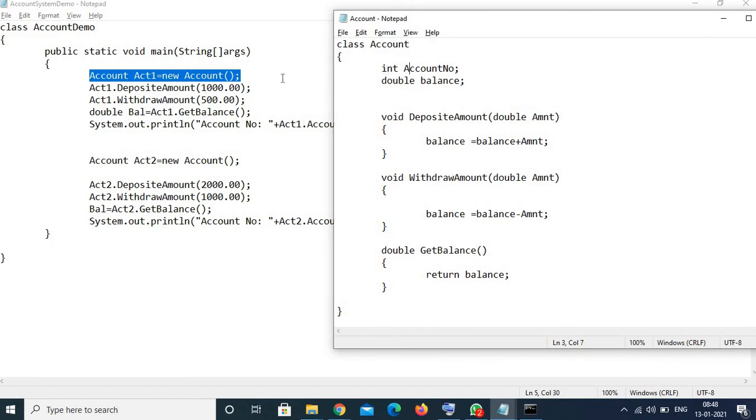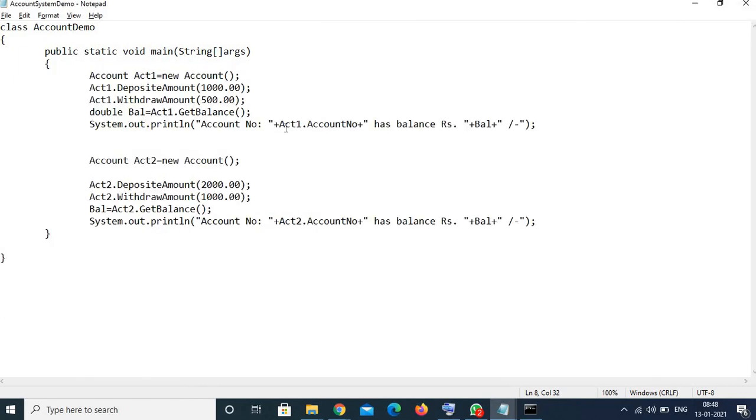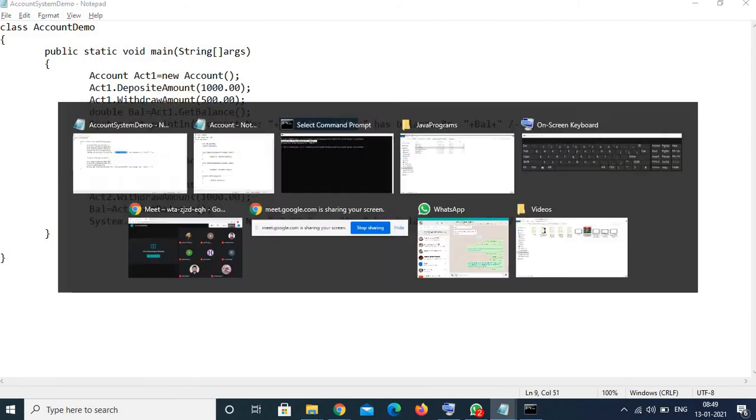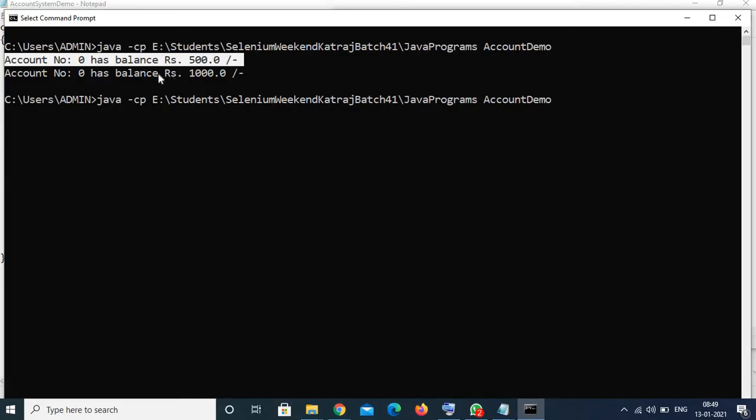And after that we have not assigned any value from our side, right? So whatever value it got at the time of creation is the only value it has until this point. So it will print 0 here. That's why we are getting this message as account number 0.